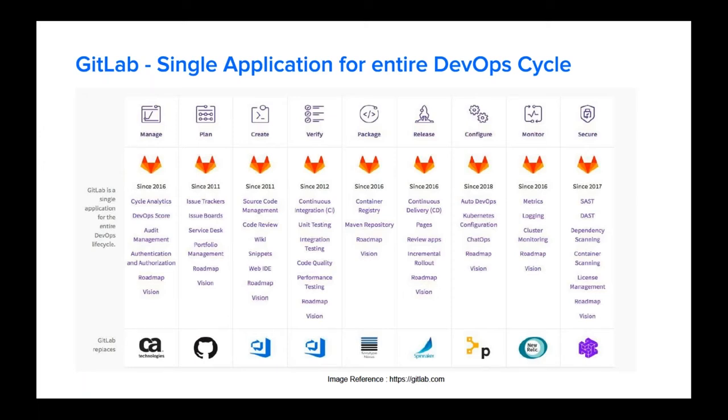The first we look at is GitLab. So most of us maybe think GitLab is just a source code management tool, but it is more than that. As you can see on the slide, it does a lot of coverage for different sections of the DevOps cycle. GitLab is now becoming one complete tool where you can do a complete DevOps cycle. For example, you can plan using the issue trackers, issue boards. We can create, package our applications and so on.